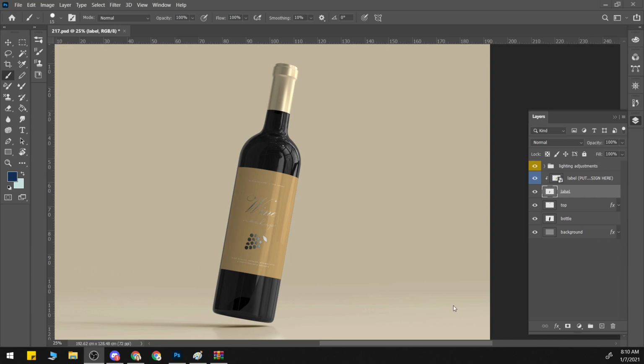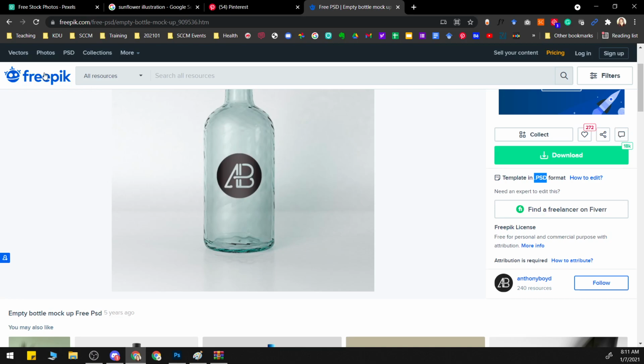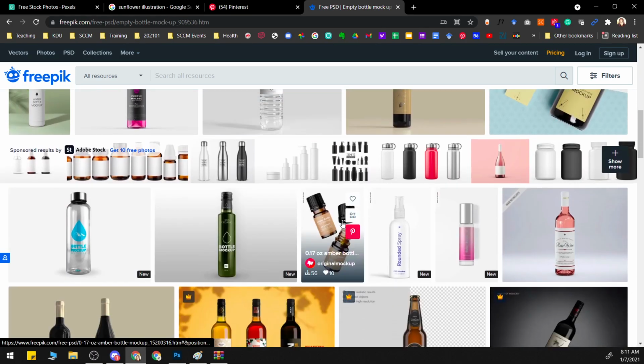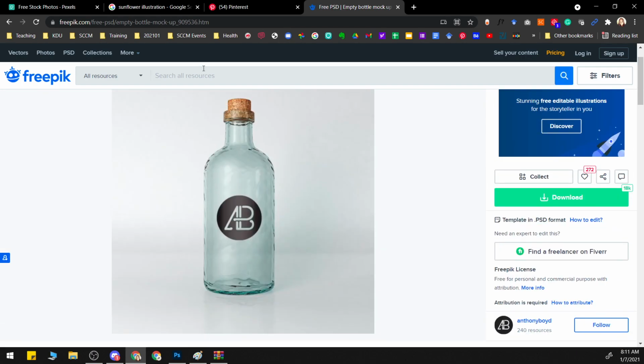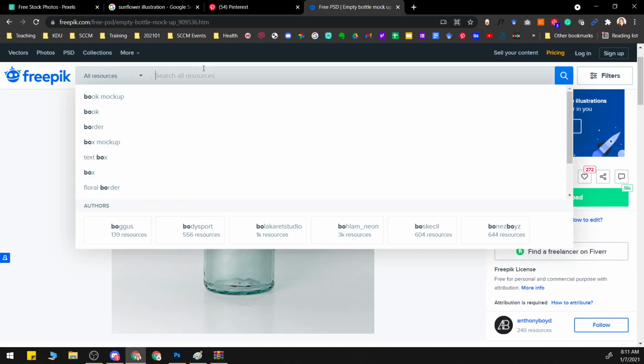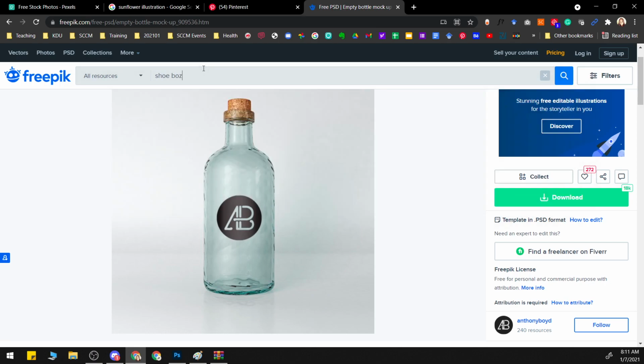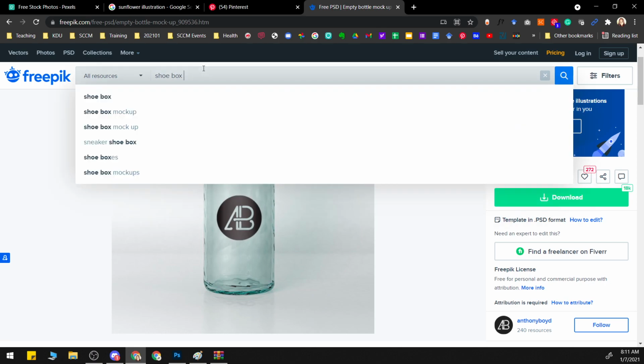So to make your job a lot easier, right? Maybe try to find a mock-up PSD file online using websites like these, like freepik.com, where you can find a bunch of downloadable assets. It can be bottles, I guess it can also be boxes. Maybe let's look at shoe boxes. Yeah, so shoe,